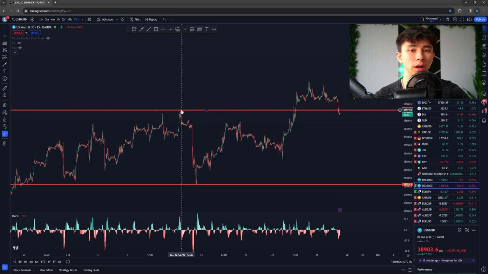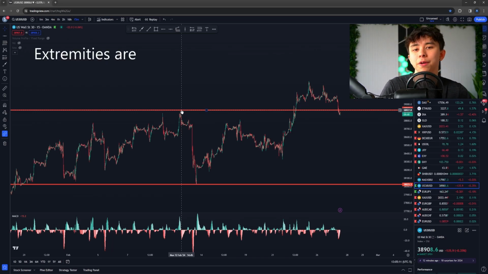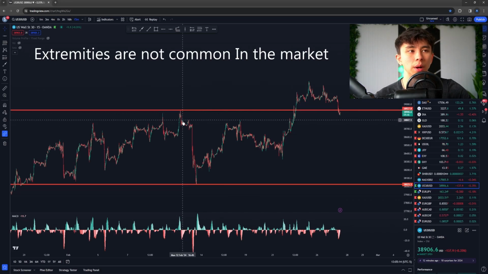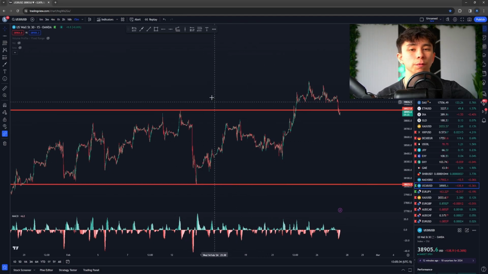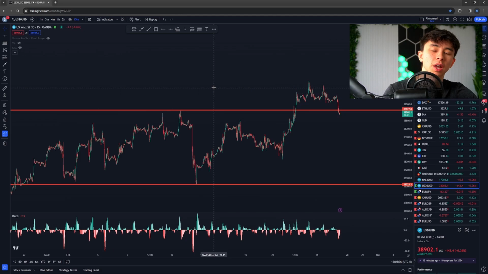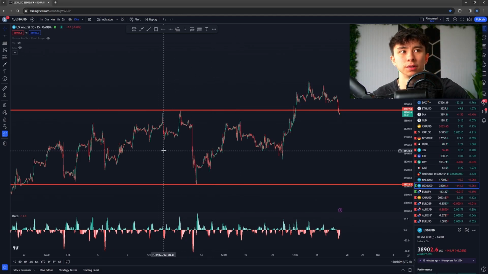the all-time extremes are not very common. The all-time highs and the all-time lows aren't a very common event. So by placing it all the way at the top and all the way at the bottom, you're reducing the amount and the frequency that price will actually touch these lines. So you're reducing the frequency that you can actually find good setups and that you'll actually see price bounce